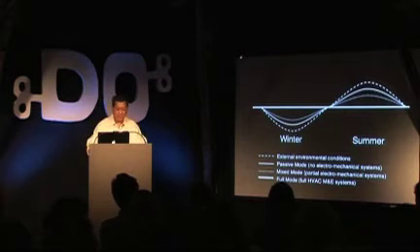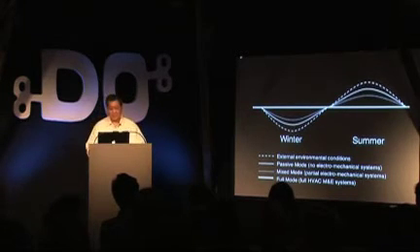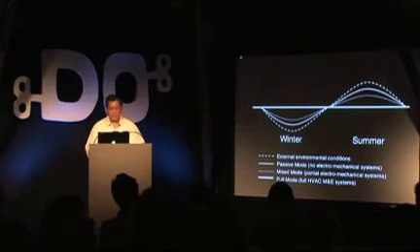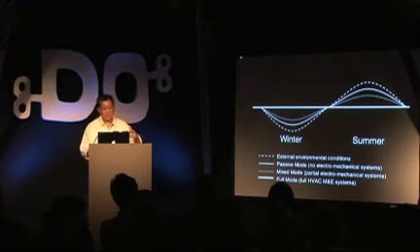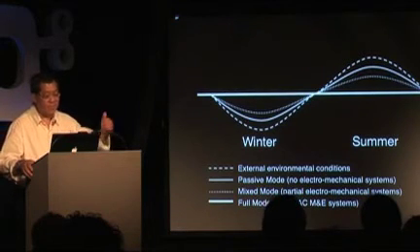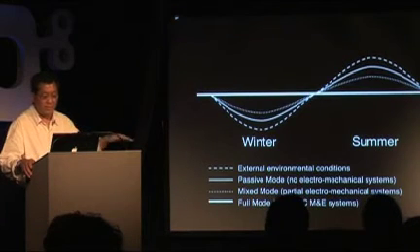Now, what you have here is a cold winter and a hot summer. You have two various seasons. And if you see the dotted line, the little dashed dotted line on top, those are the environmental conditions. With passive mode, you can improve the comfort conditions a little bit in winter without the use of any electromechanical systems. For instance, if you have airtight walls and you have thick insulation, without the use of any heating, the comfort conditions are better. Mixed mode can improve on passive mode, but full mode is that straight line at the bottom, or in the middle.